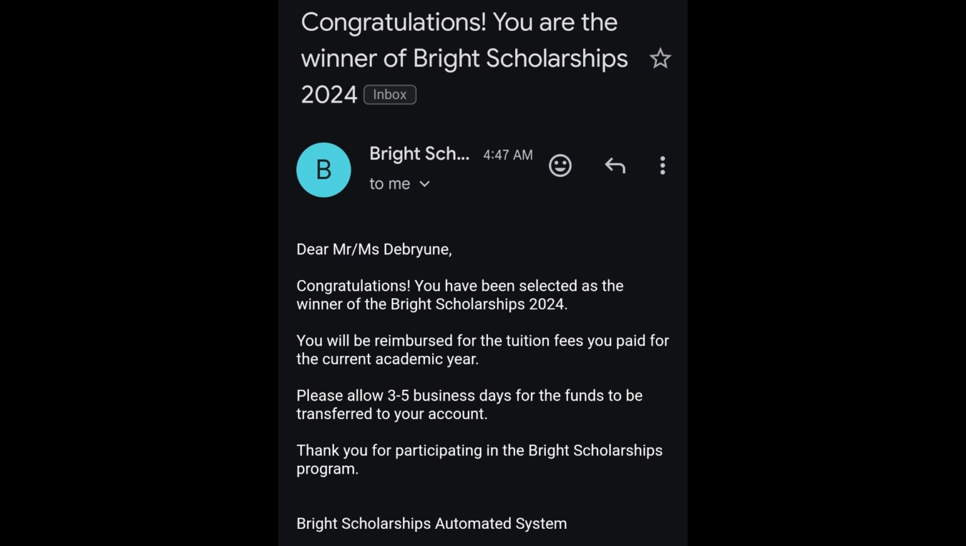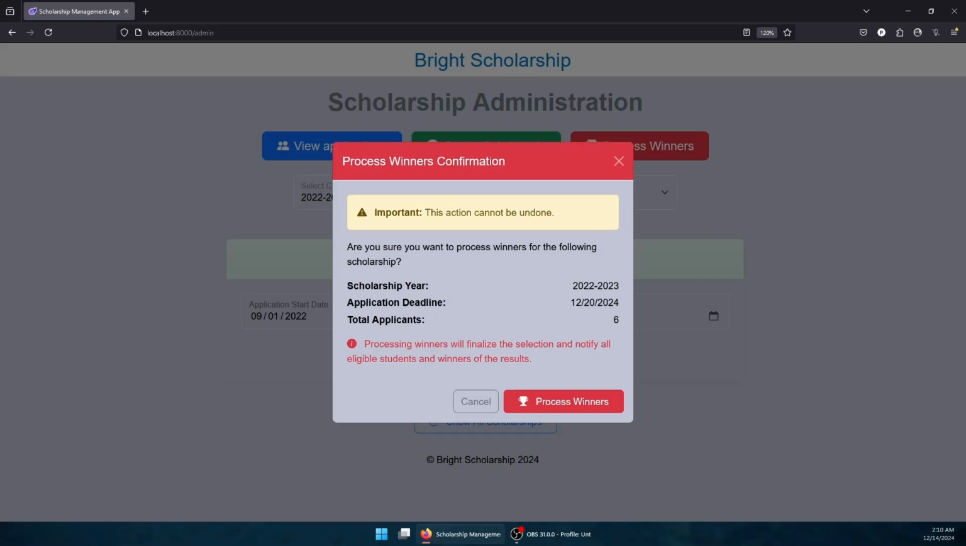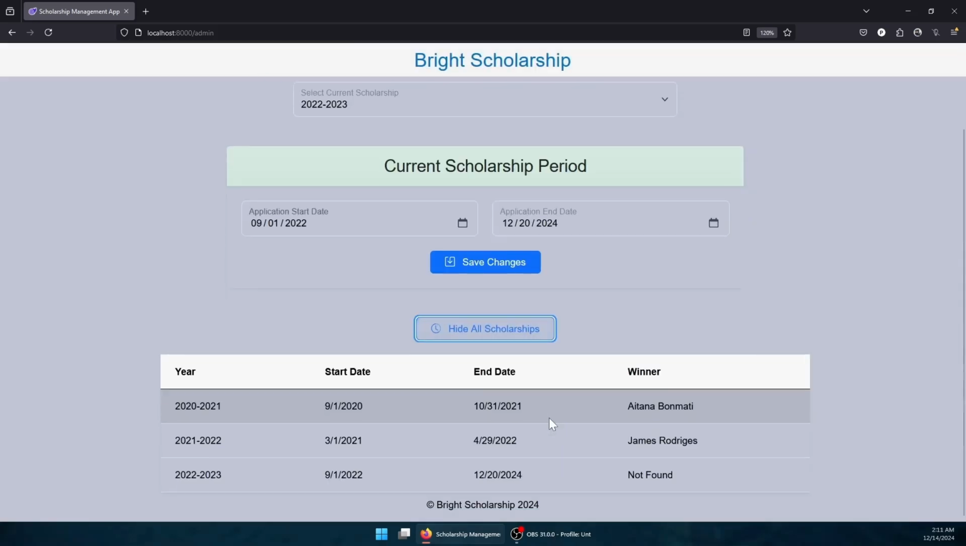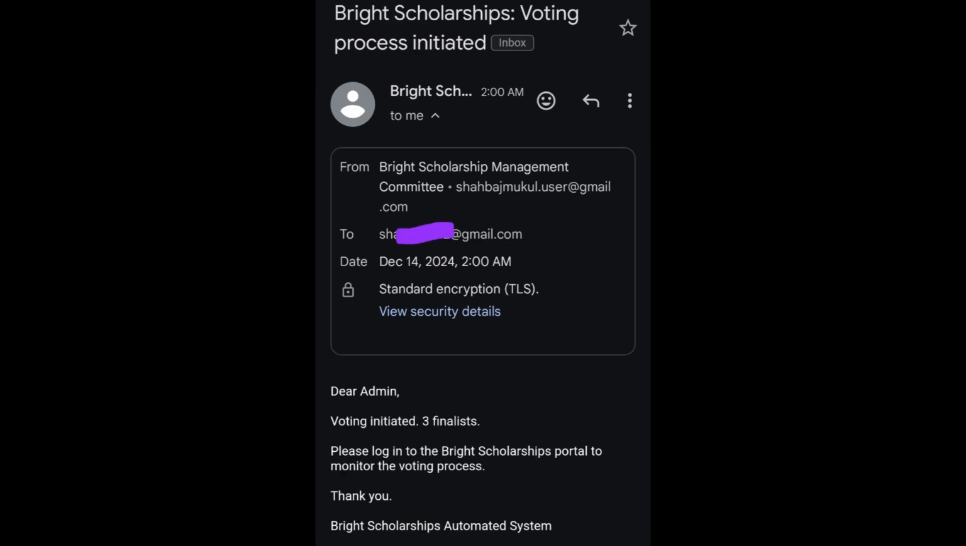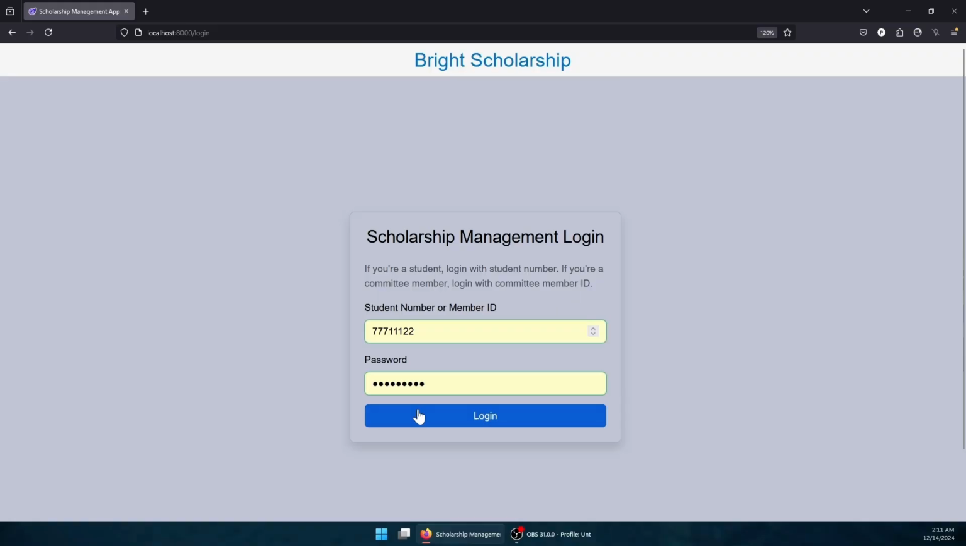And in another case, there may be applicants, but where there is a conflict and they have all the similar criteria, and the system couldn't determine the winner because there is a tie. So it would send an email to all the committee members, and they would receive this email asking them for their vote, and it will also send an email to the administrator telling them that the voting process has been initiated. The committee members would be able to log in to the system, and they would first see this